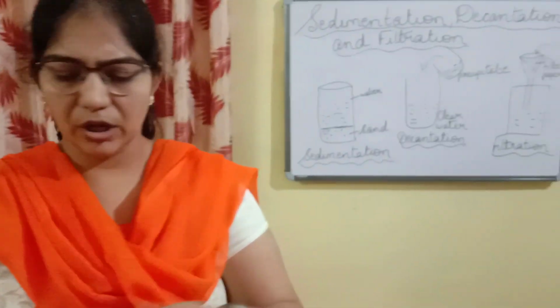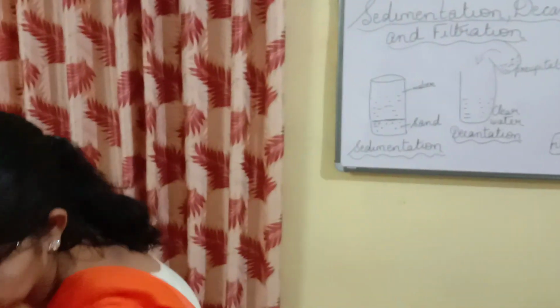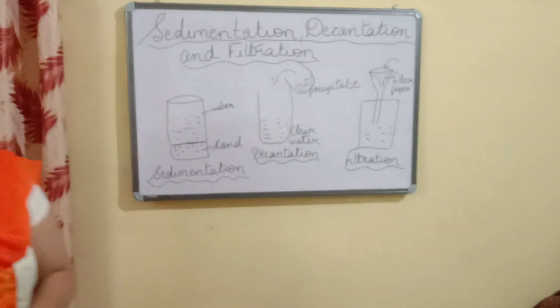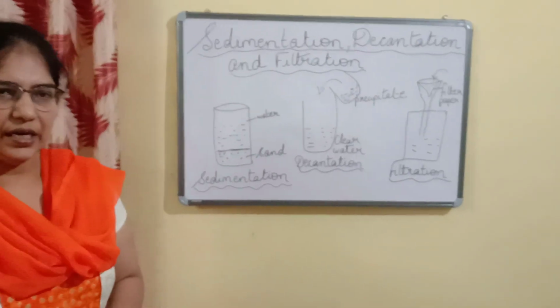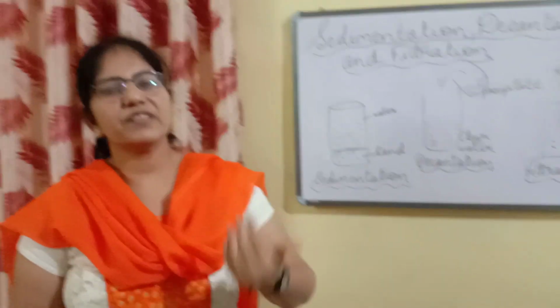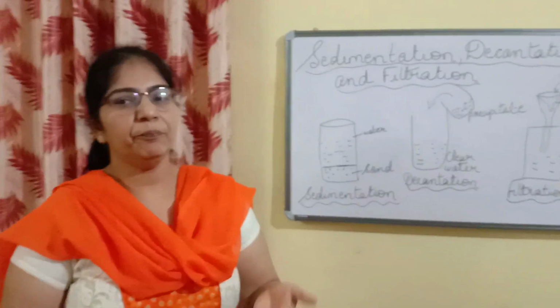Now, children, again, if you find impurities in it, I can use a sieve or a muslin cloth or porous cloth, and then I can separate it again, and then I will find that impurities are left in that sieve. You can try this experiment at home also. It is very easy. Okay, children, now the common examples of sedimentation and decantation at home are, you must have seen